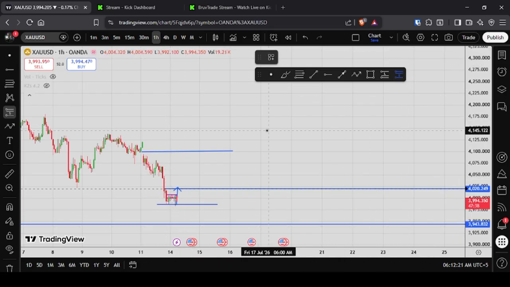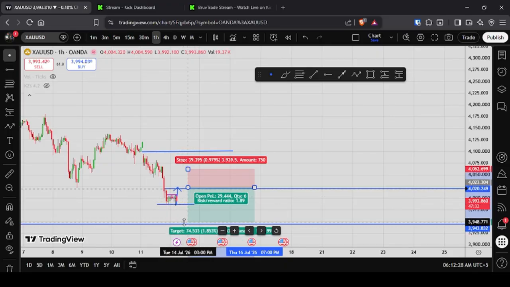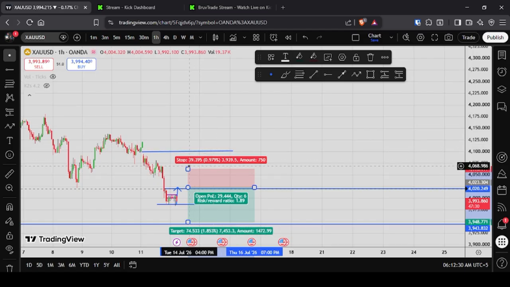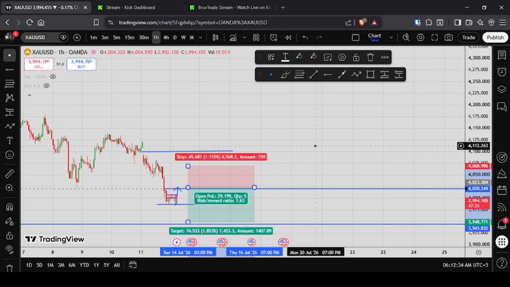In my opinion, what I am going to do is, if the price reaches this level again, I'm going to place a short. I'm going to target this, and my SL is going to be above this. That is going to be my short. But the main requirement for that to happen is the market goes down till here and then goes down till here.